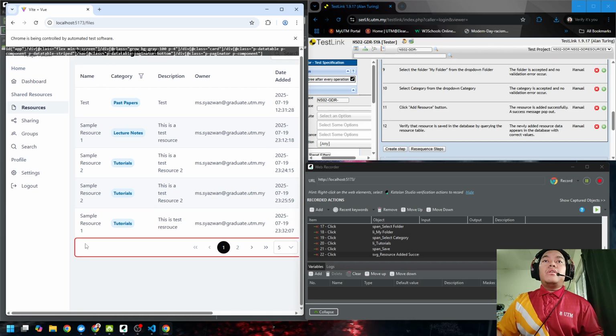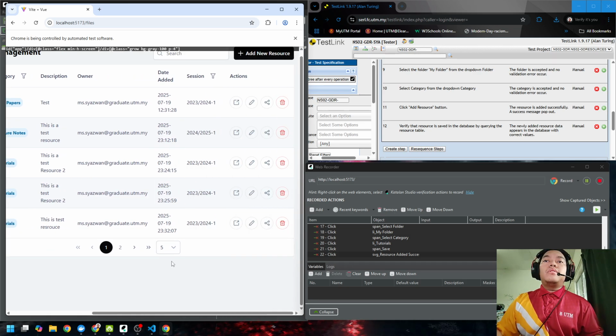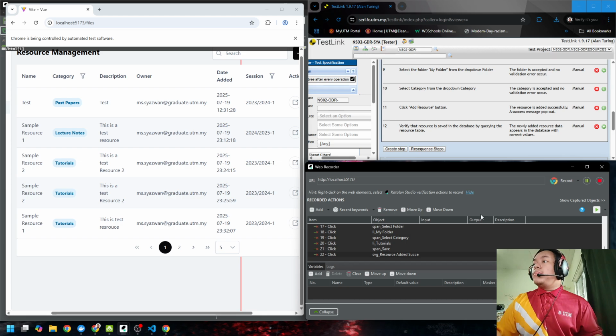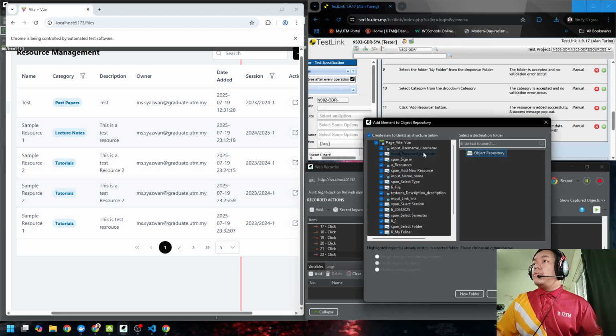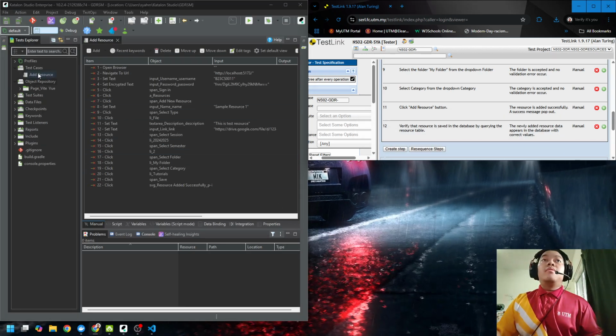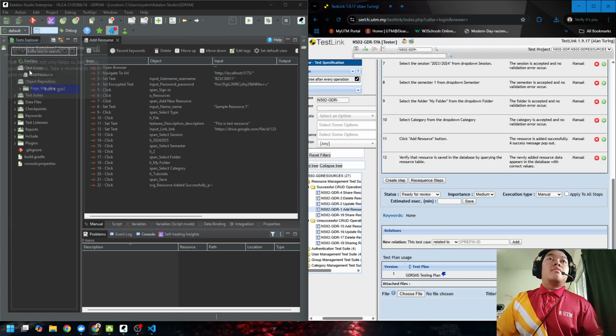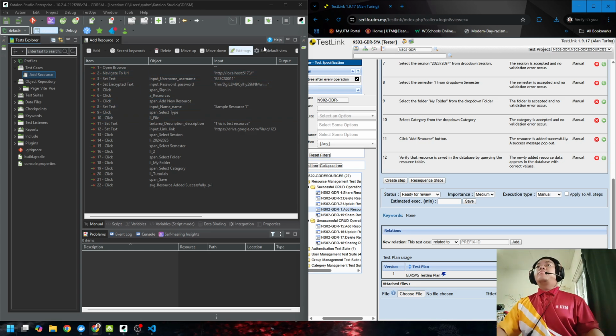So right here we can see that there are many sample resources that have been entered into the system. And then from the web recorder itself, you can click on save script to save the test that has been done earlier into the system, which will then generate the test script itself. Okay, right here we can see that the add resource test case has been added with a bunch of test items,